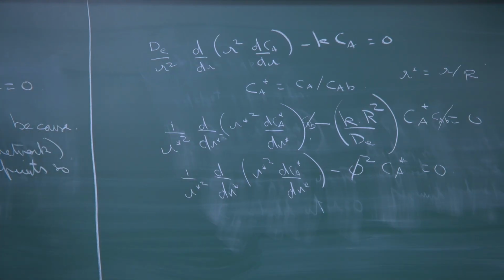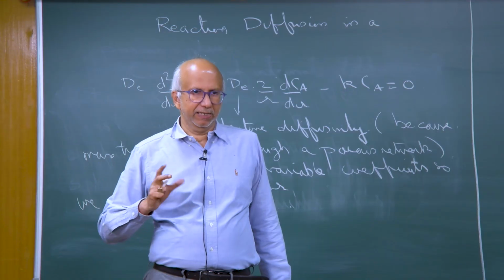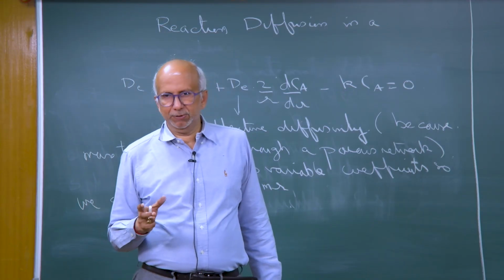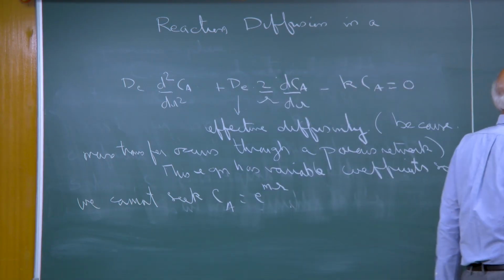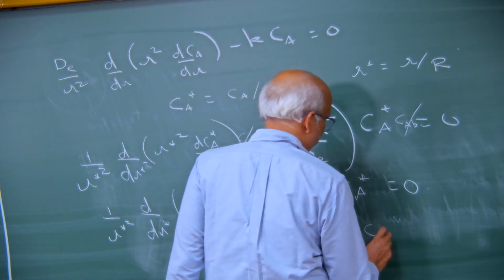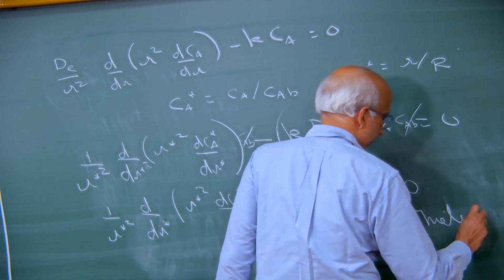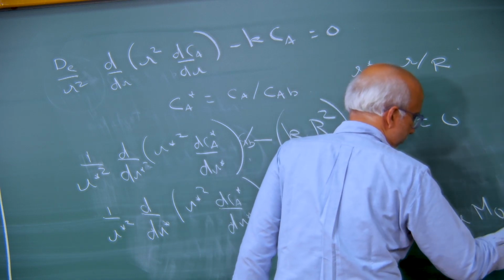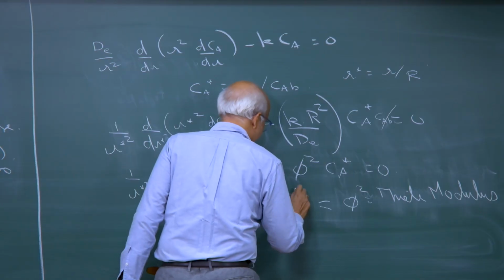There the thickness of the catalyst pellet was your length scale. Here the radius is my length scale. Only thing I have done is change the geometry from slab rectangular to spherical, okay. So, this is phi squared. Phi squared is your Thiele modulus, and this is k times r squared by dE,